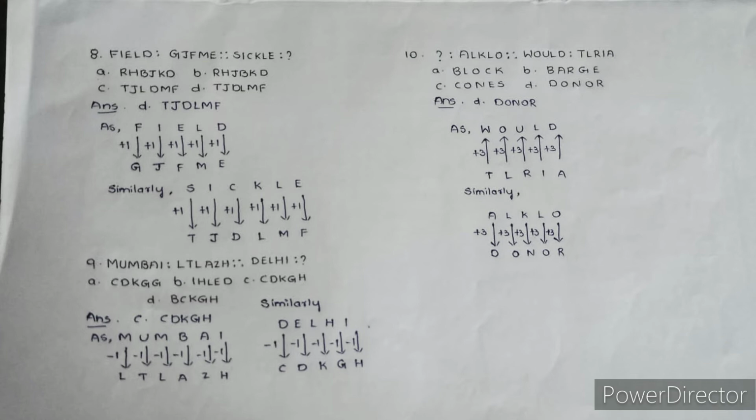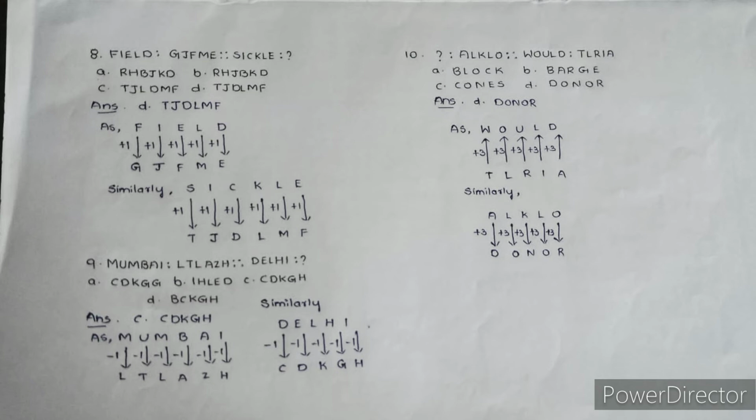GJFME. So for F, if you add 1, you get G. And for I, if you add 1, you get J. And for E, if you add 1, you get F. And for L, if you add 1, you get M. And for D, if you add 1, you get E. So here, for every single letter, you have to add 1, and you will get the